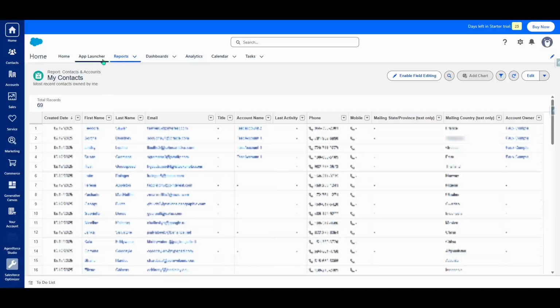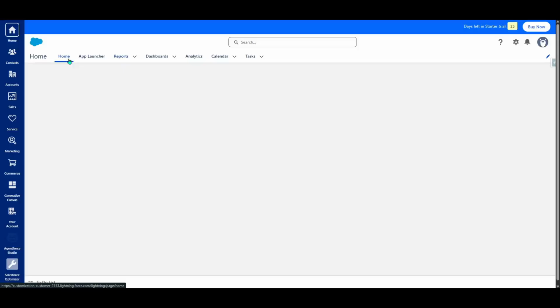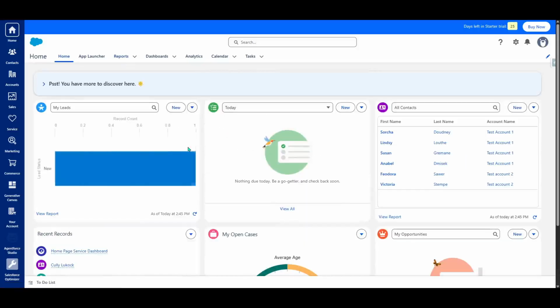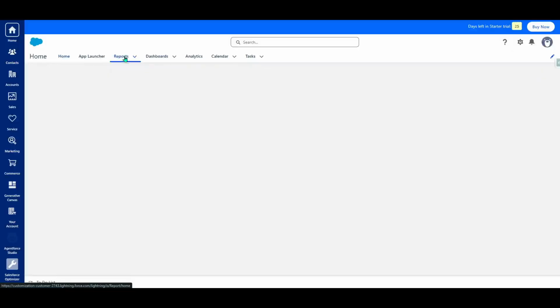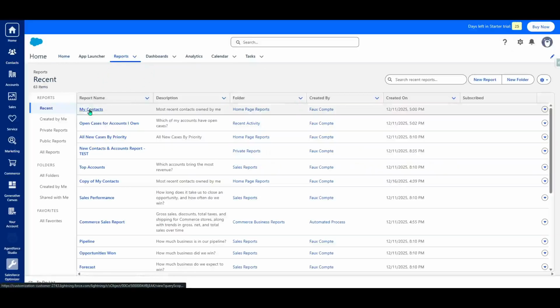In today's video, I'm going to teach you how to add cross filters in Salesforce Reports. Cross filters help you narrow down a report by looking at related records, so you can answer questions like, show me accounts without opportunities, or opportunities with activities. They're powerful because they let you filter a parent object based on the presence or absence of child records without